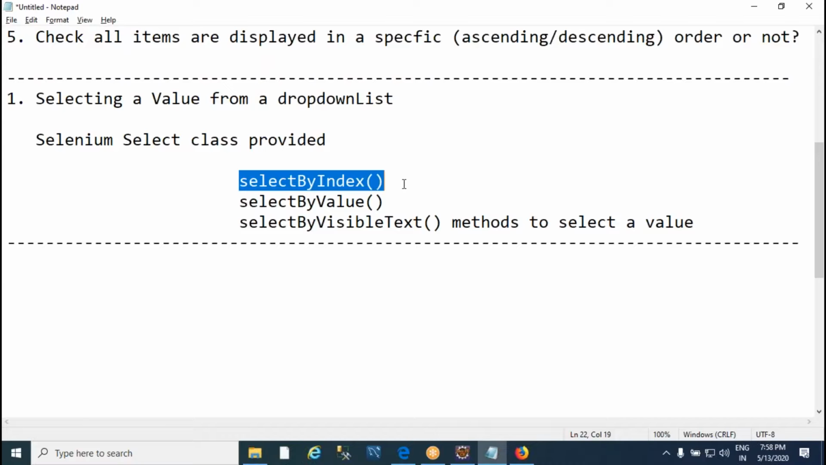I want to select the first item, second item, nth item. Then I go for select by index. If there are some value short codes available, based on the short code, I want to pick a value, then I go for select by value. If I want to select based on the visible text,